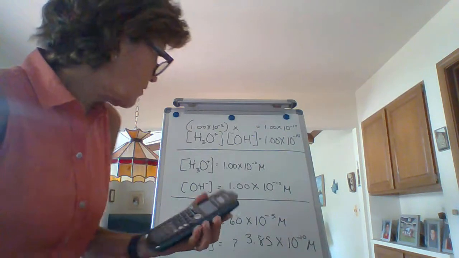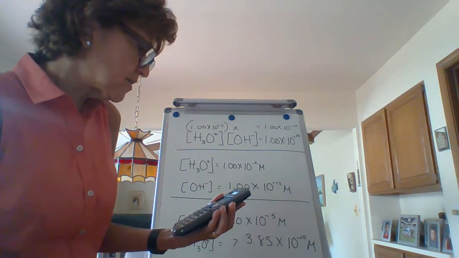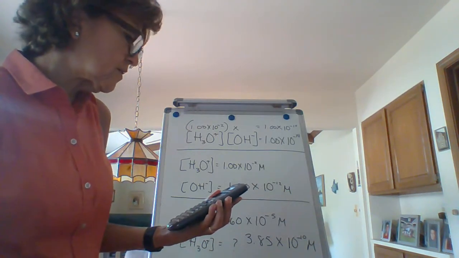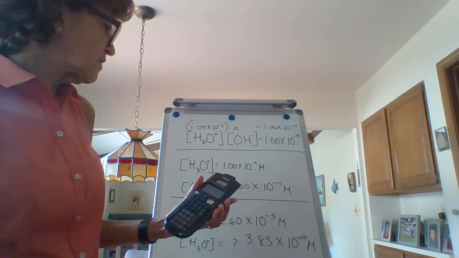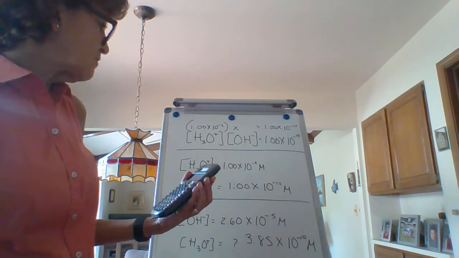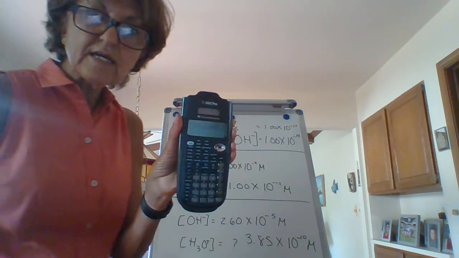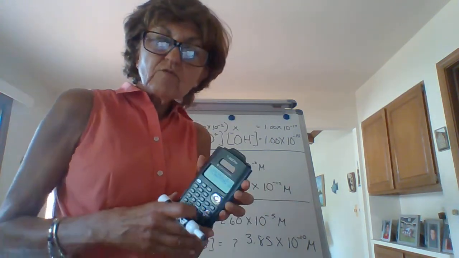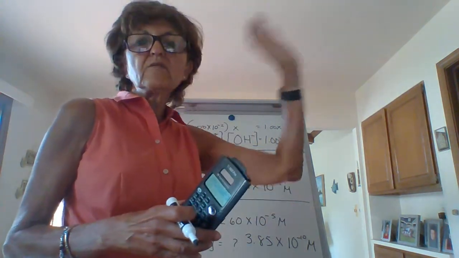And you end up with the exact same number. You end up with 3.846, et cetera, times 10 to the minus 10, which is 3.85 times 10 to the minus 10. When you use the EE button, remember what I told you guys in the beginning videos,